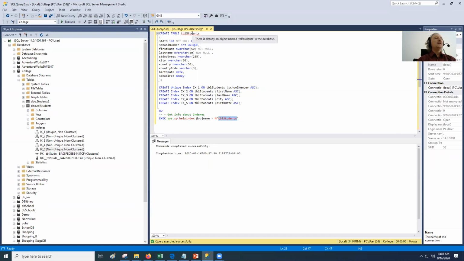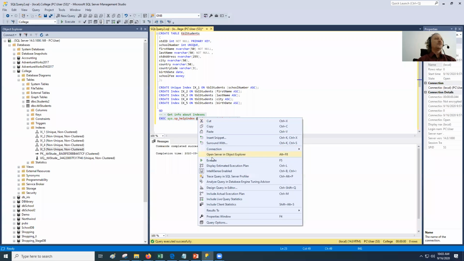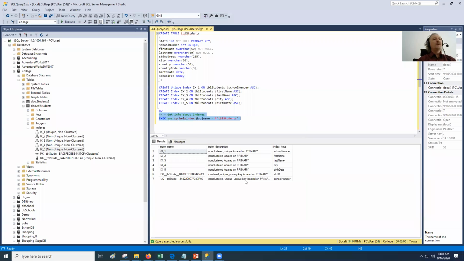This means it is telling us, give me information about the indexes in the table student. If you execute this command, it will give you much more information about them. Like this one, you can get information. For example, index 1 is a non-clustered unique index located on primary. Primary means